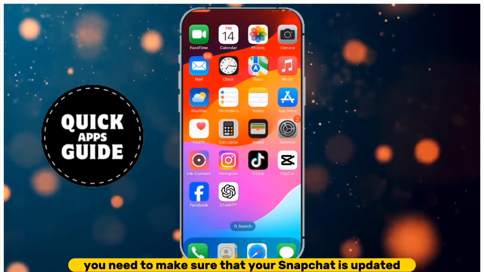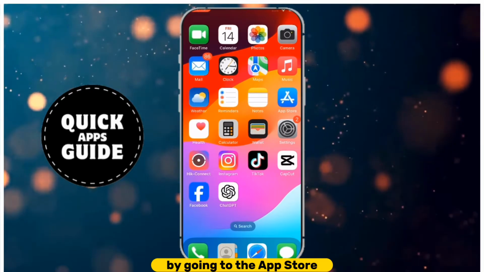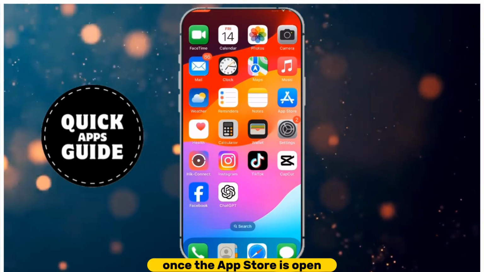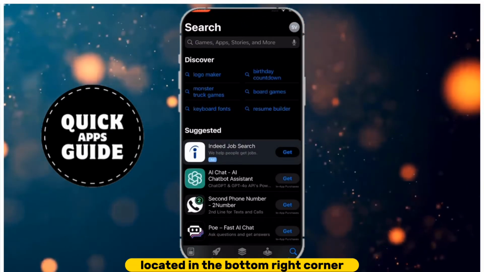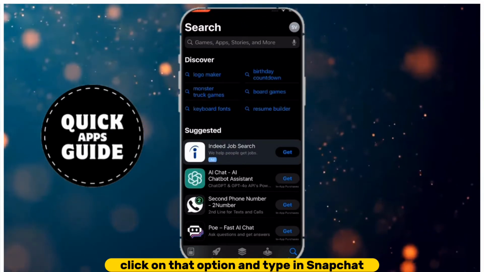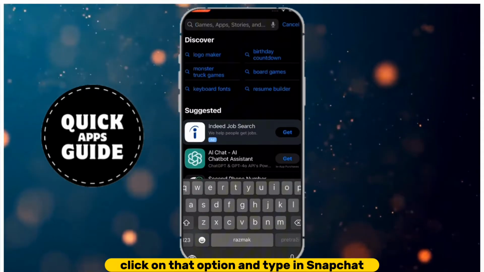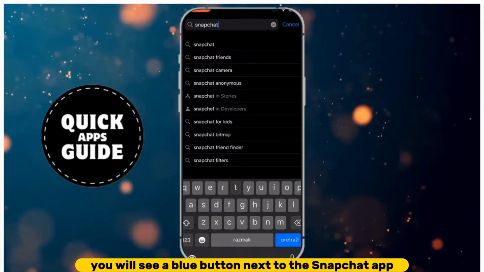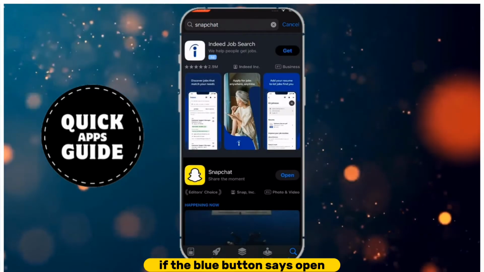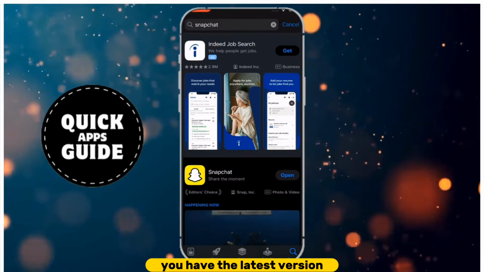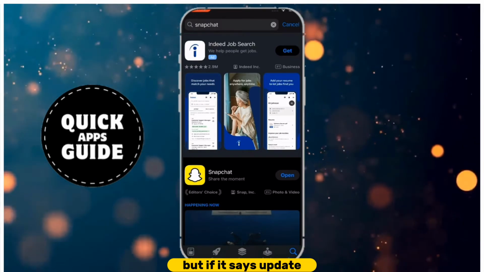First, you need to make sure that your Snapchat is updated by going to the App Store. Once the App Store is open, you need to click on the option located in the bottom right corner. Click on that option and type in Snapchat. When the page opens, you will see a blue button next to the Snapchat app. If the blue button says Open, you have the latest version, but if it says Update, click on that button